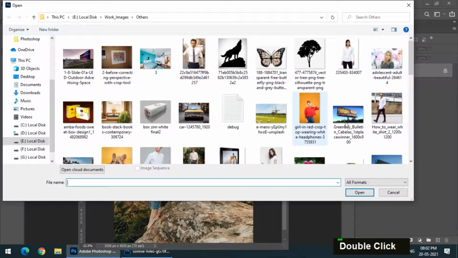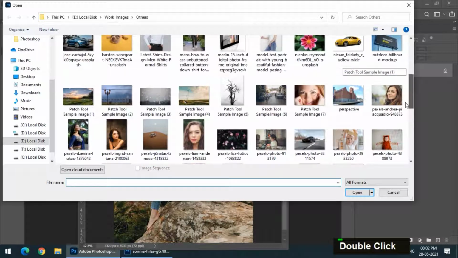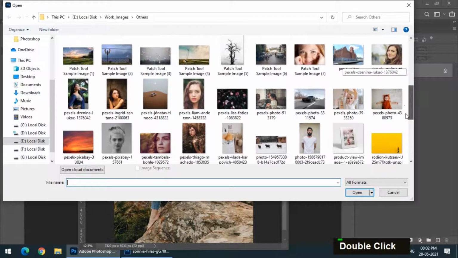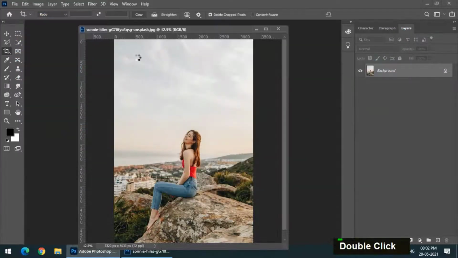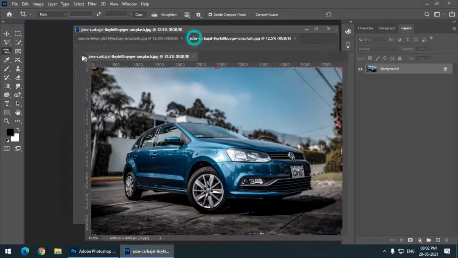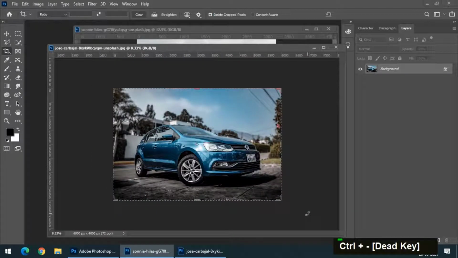Let me open some different image. Let's say I open this image, for example. Instead of removing some area, we can also add or extend the document size.